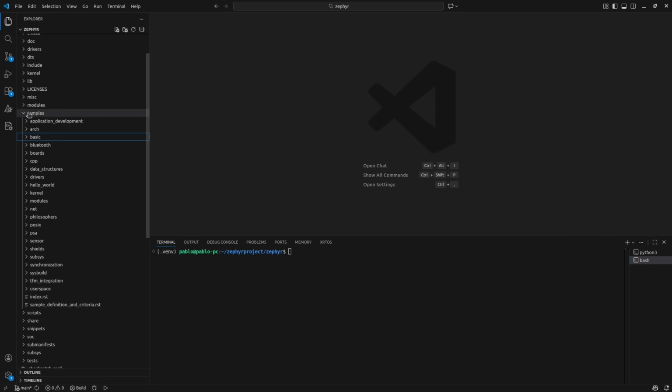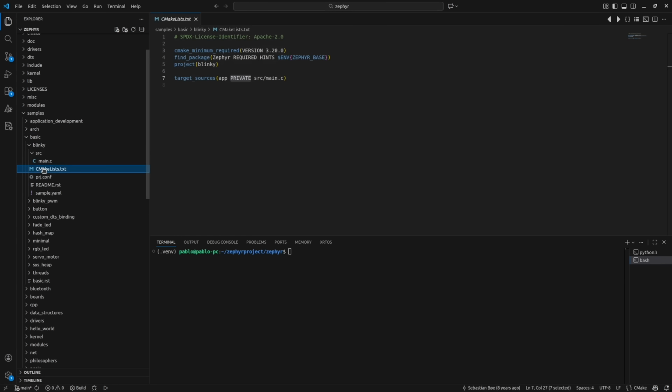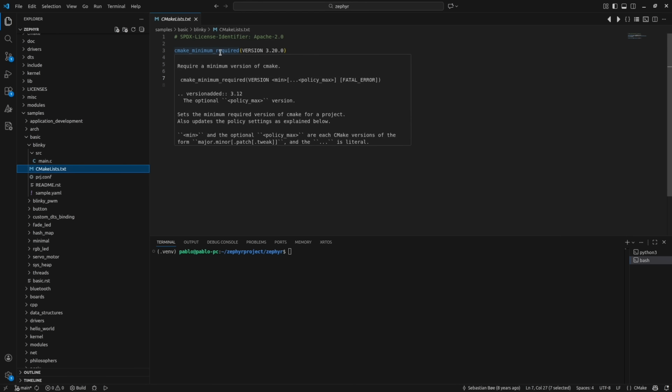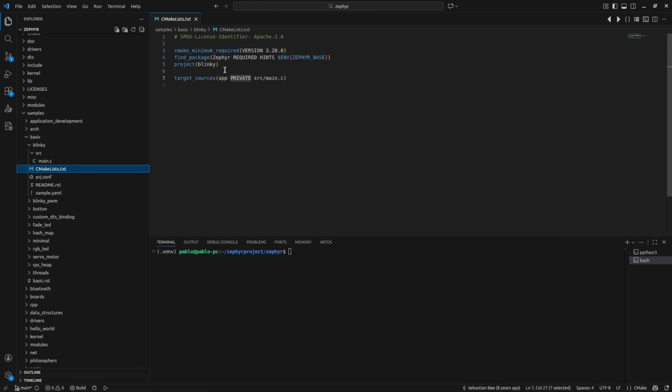For this lesson, we're going to use the Blinky LED example in the basic folder. Let's take a look at CMakeLists.txt. First of all, we set the minimum required CMake version.